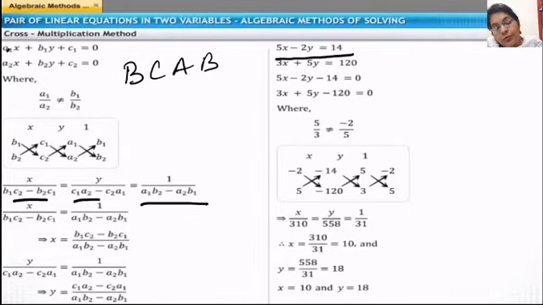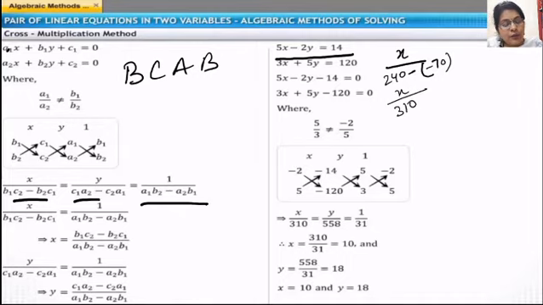Then what is our main target? Suppose I am doing it here: x upon minus 120 into minus 2. What will it become? 12 twos are 24. So minus minus plus, it will become 240. And here this minus will be there, and 14 fives are 70, so minus 70. So 240 plus 70, what will it become? 310. So it is written here x upon 310.